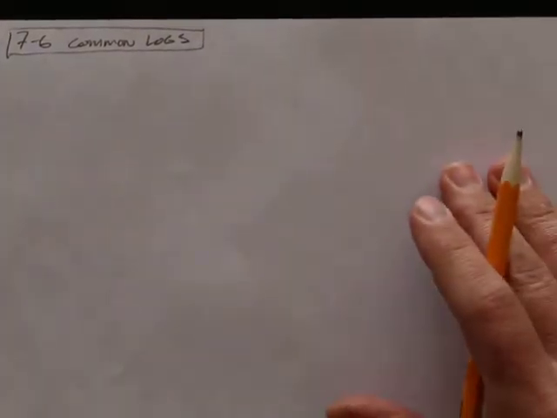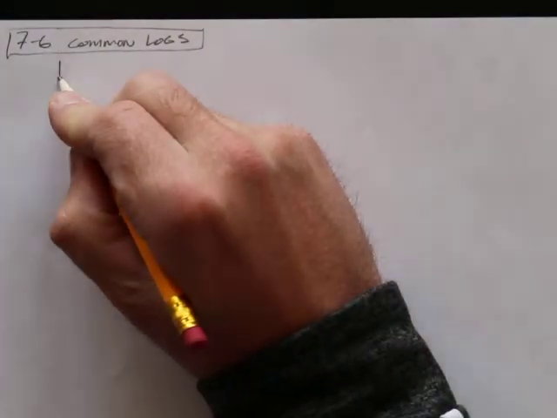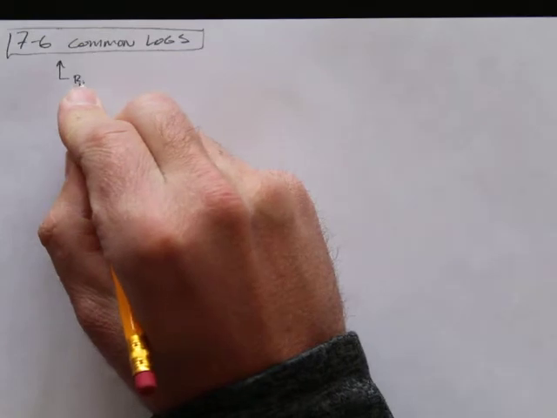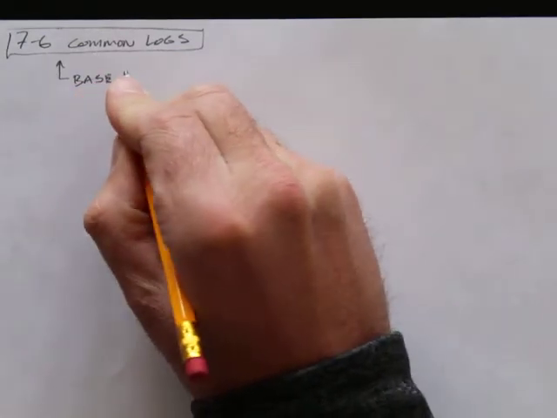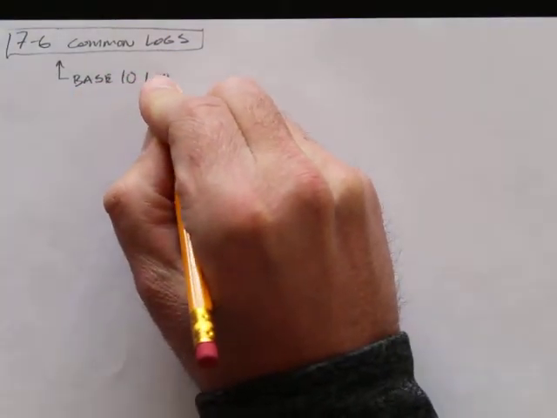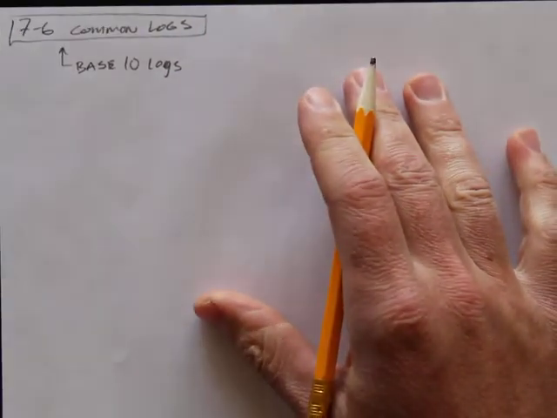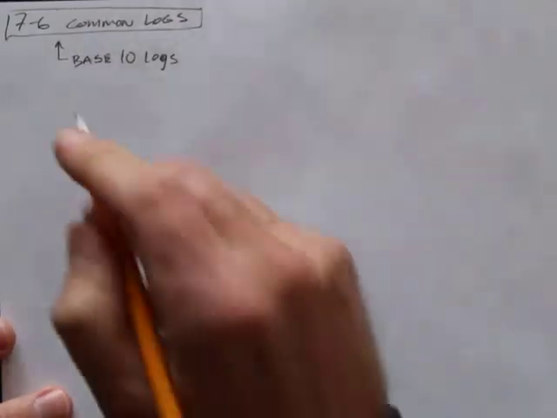Algebra 2, 7-6, common logs. So a common log is a log that has a base of 10. So base 10 logs. And they are commonly written, they look like